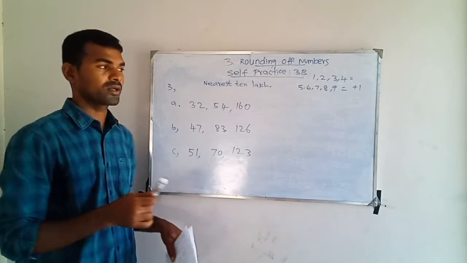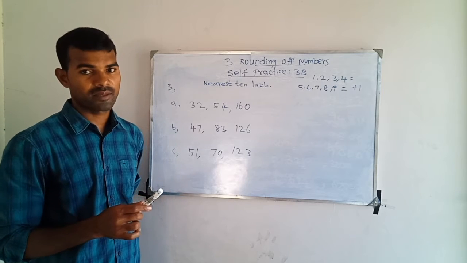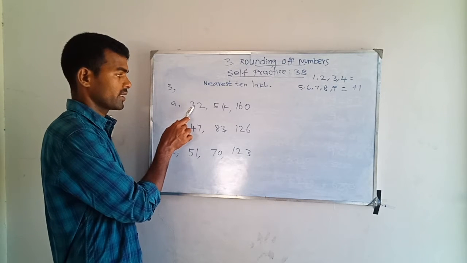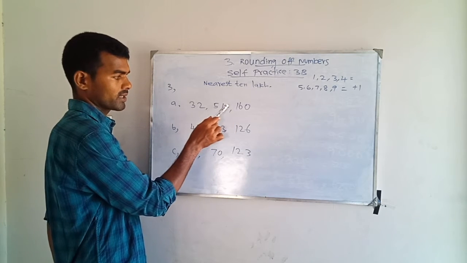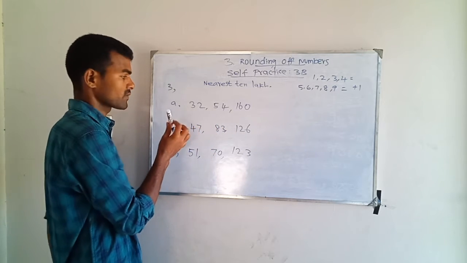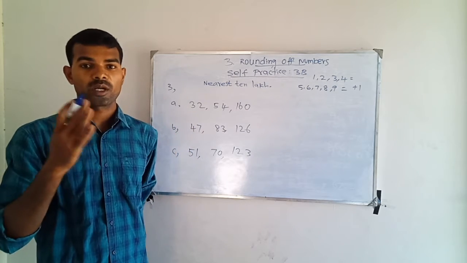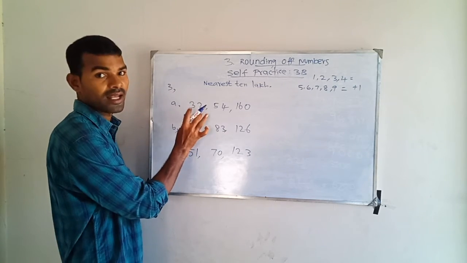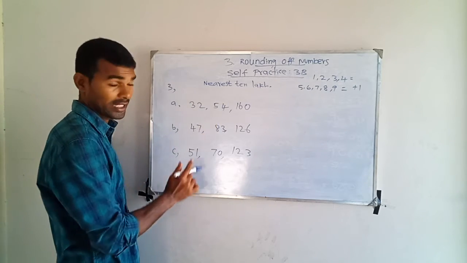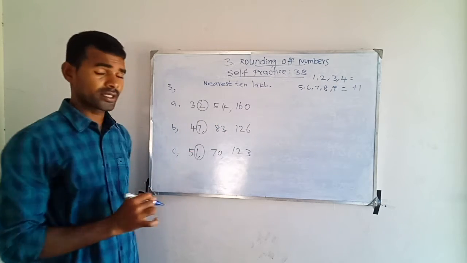Now from this we have to find the nearest 10 lakh. So we know which is the 10 lakh place. The 10 lakh place is the 7th place: ones, tens, hundreds, thousands, 10,000, lakh, 10 lakh. Now we have to round at the 10 lakh place. To round the number to the nearest 10 lakh, the right side of the 10 lakhs place is the lakhs place. Consider the lakhs place.